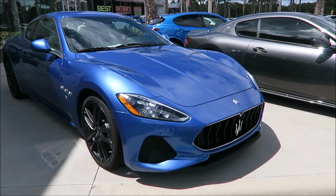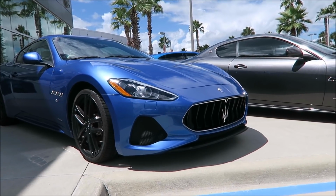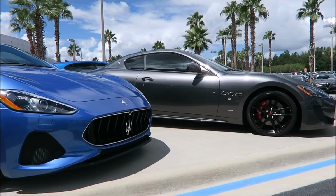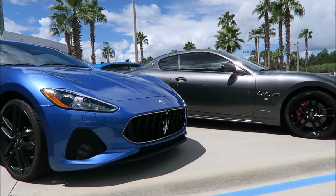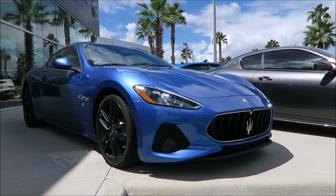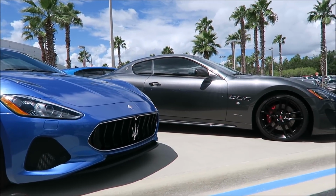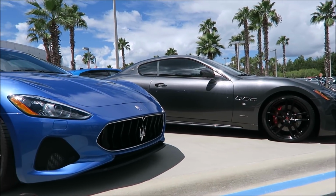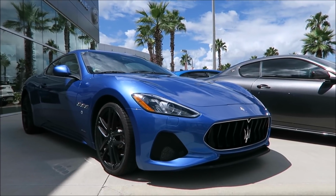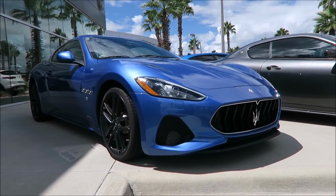Now you guys are probably thinking, Ron, that's pretty dumb. Why did you just make a video to say that? Well, there's actually a name for the package that you can get with the carbon fiber hood, and that is called the Trofeo package. Now we all know about the Levante Trofeo that will be here at the end of the year, the V8, the 590 horsepower V8 Levante that will be arriving. Well, there's a Trofeo package for the Granturismo, and it is